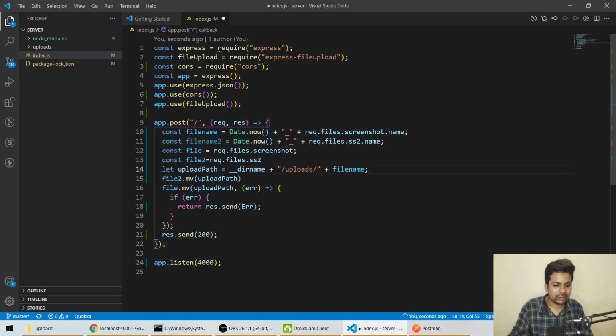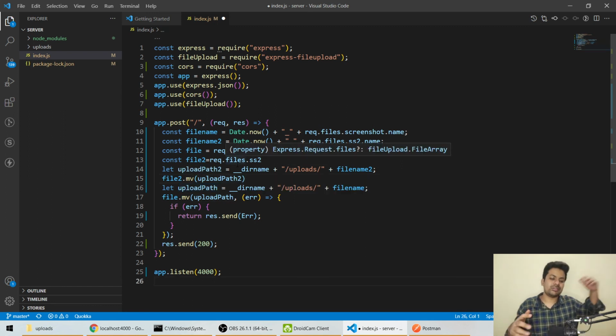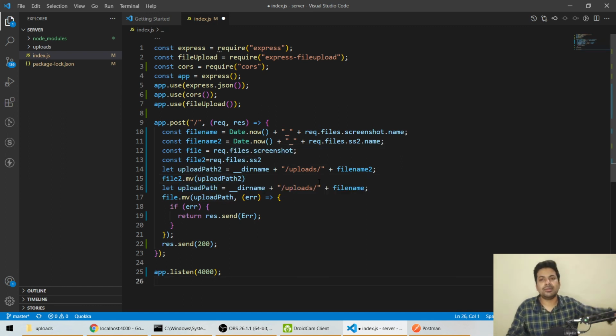This will create upload path 2, and this is file name 2, upload path 2. Basically we are doing the same thing, writing it everywhere. You can make a loop and do it like that, but I am telling you the straightforward way. Let's save it.